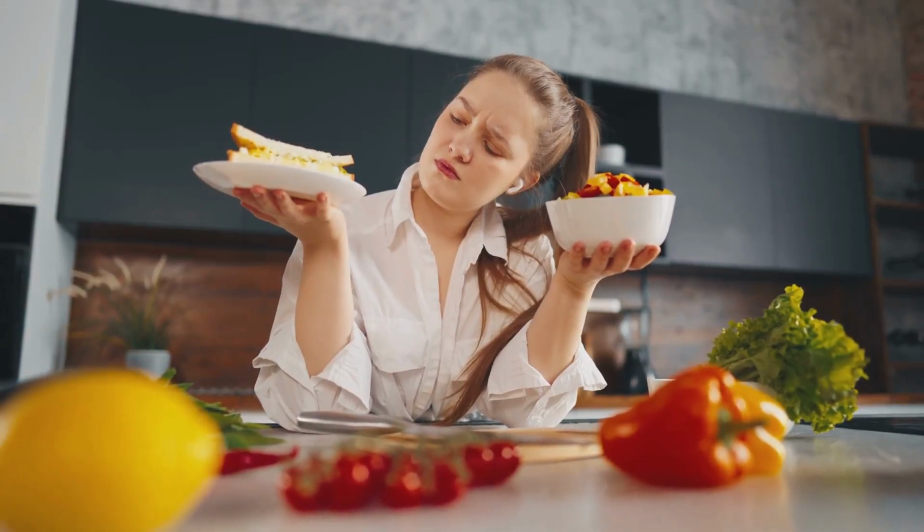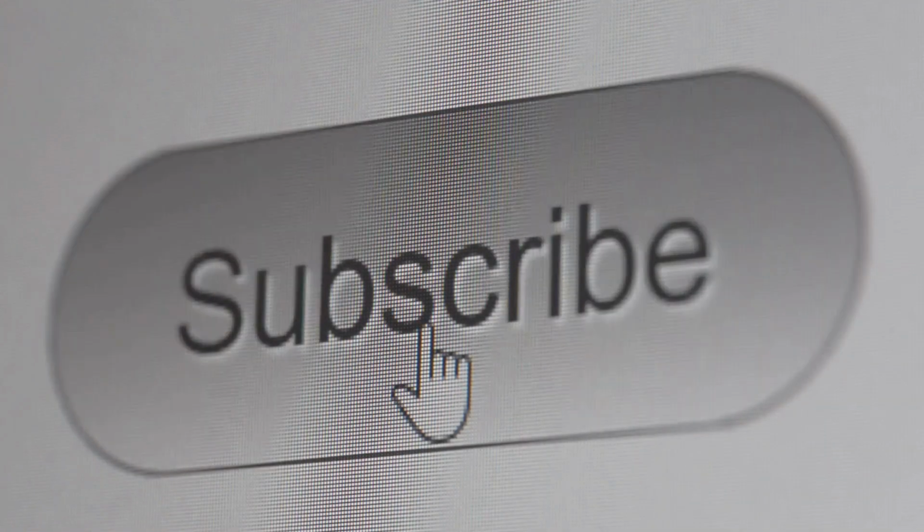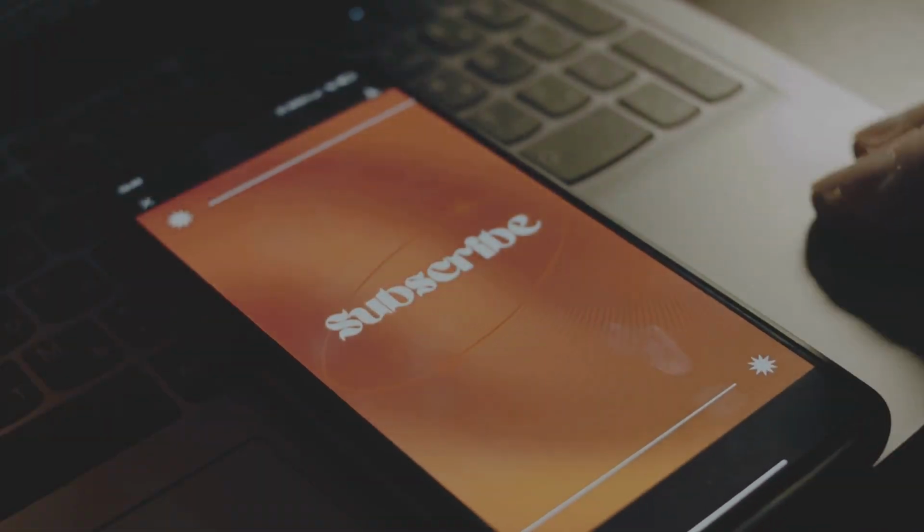Now you may be wondering, if I cut carbs, what do I eat instead? For tips on what to include in a low-carb, nutrient-rich diet,